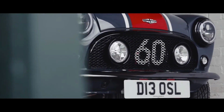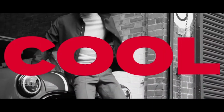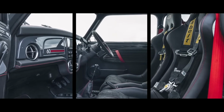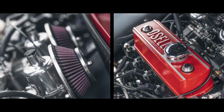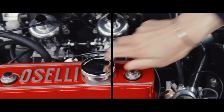They include a strengthened crankshaft, new pistons, and a high torque performance camshaft. The engine is topped off with a hand-ported and polished cylinder head and a pair of SU carburetors, making it one seriously enjoyable car out on the track. The result is 132 brake horsepower with 153 Nm of torque, and it's claimed to do a 0 to 60 time of 7.8 seconds, with it being bearable to drive on the normal roads as well, thanks to a brand